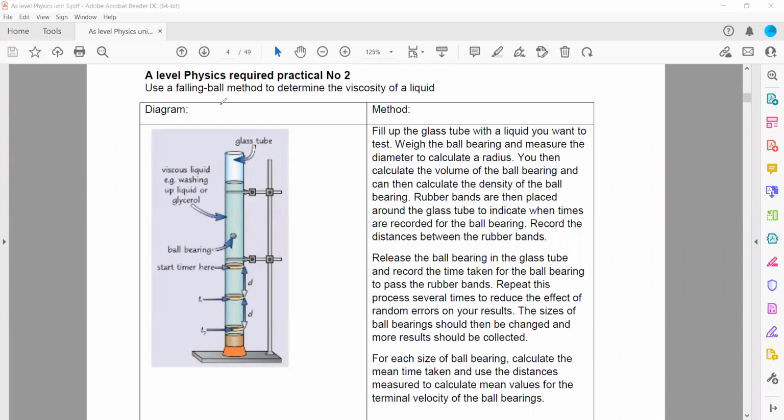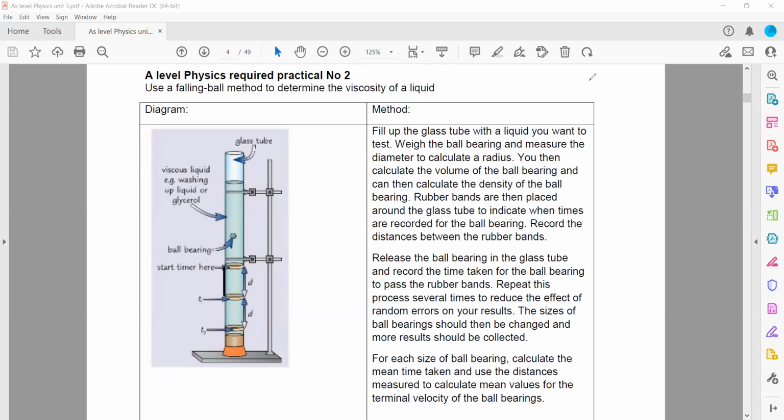So the second experiment is using a falling method to determine the viscosity. Viscosity means the property of a fluid to resist the flow. That is known as viscosity. So how can we find the viscosity of a liquid? We have a measuring cylinder, and we fill it up with a liquid, and on the measuring cylinder we put markers. Rubber bands are basically used as markers, equally spaced. The distance between two markers should be the same,